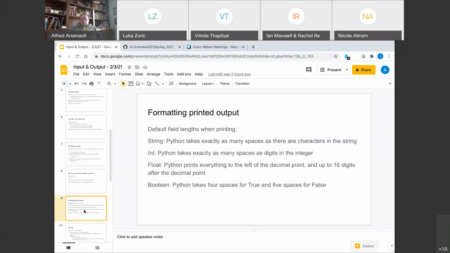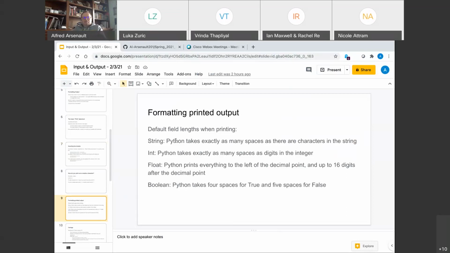And now I want to get into the second part of this lecture, which is what Python calls F strings. It's the newest and latest, greatest. As you may have seen, when you print things in Python using the print statement, by default, Python is going